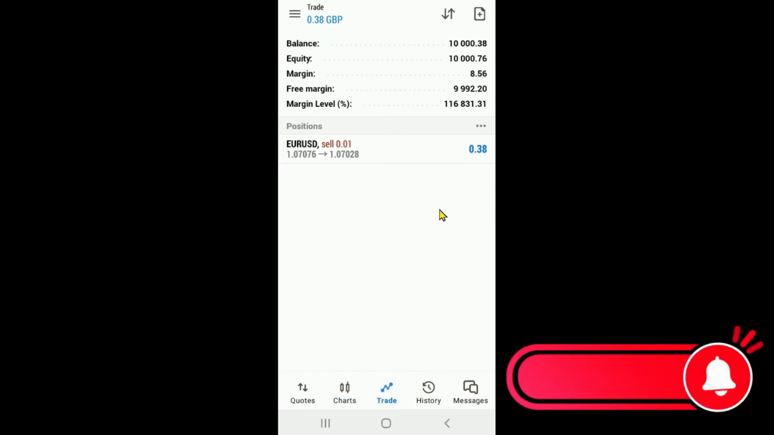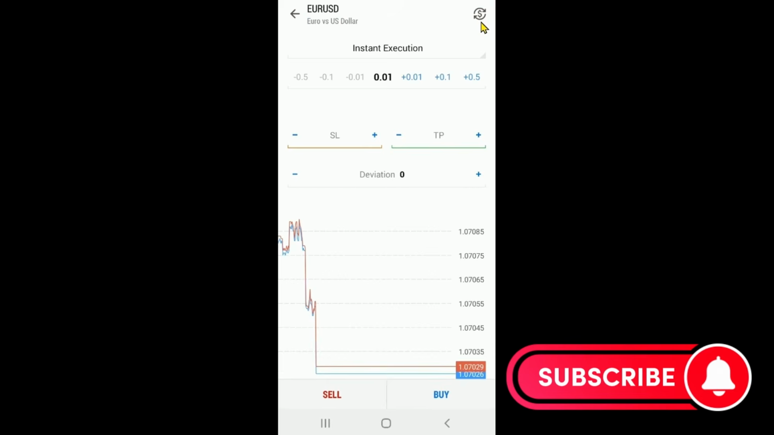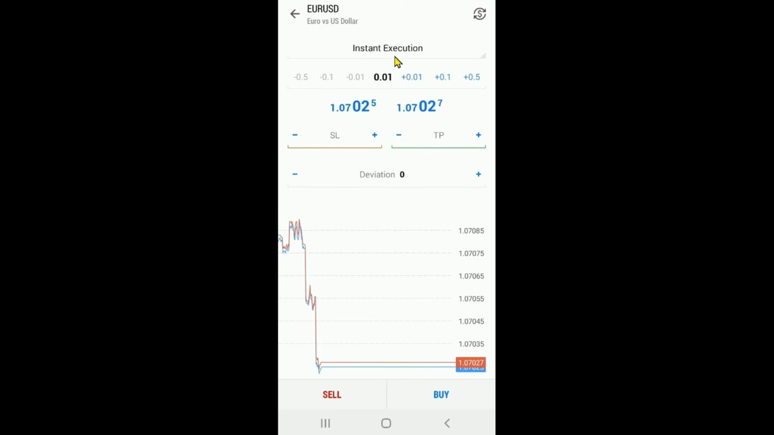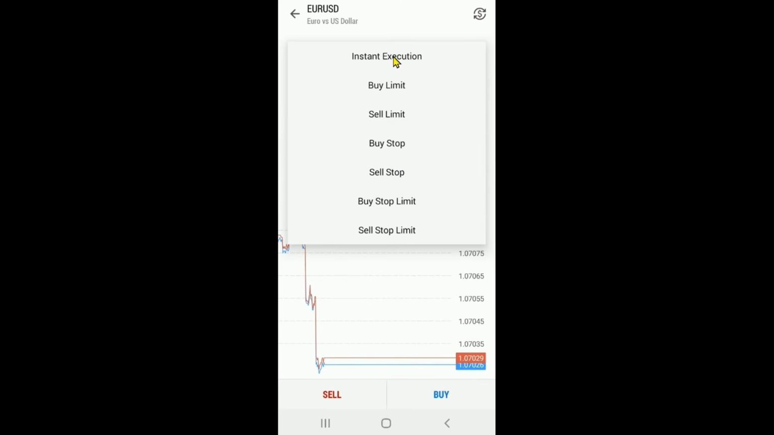When you click on trade, this is another interface that you can use to place your first trade. So click on this plus icon at the top here, then this interface will pop up. So guys, if you come up here, this is stop loss, this is take profit. Okay, if you click on up here right now, you're going to see instant execution, buy limit, sell limit, buy stop, sell stop, buy stop limit, sell stop limit. So all this stuff